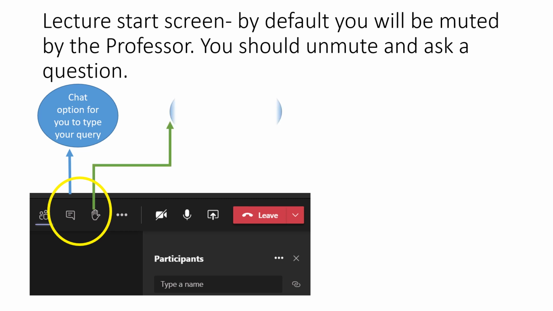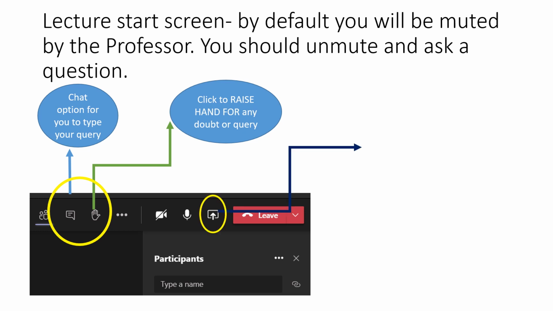The professor will know that some student has clicked on hand raise, so he will pause his presentation. He will ask you, unmute you, you can ask your questions, and then you can have a discussion. These are the two important things which you guys have to follow. And the third thing is, in case the professor wants you to do a presentation,